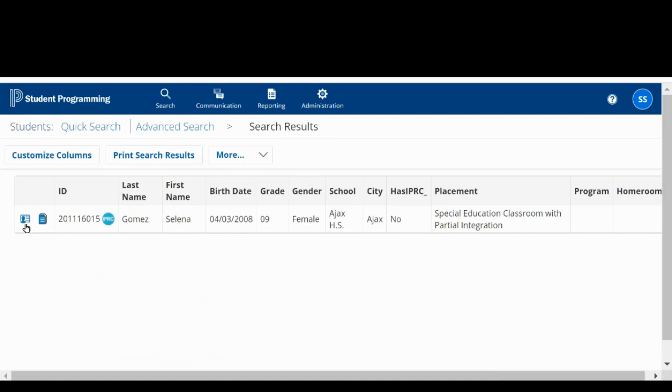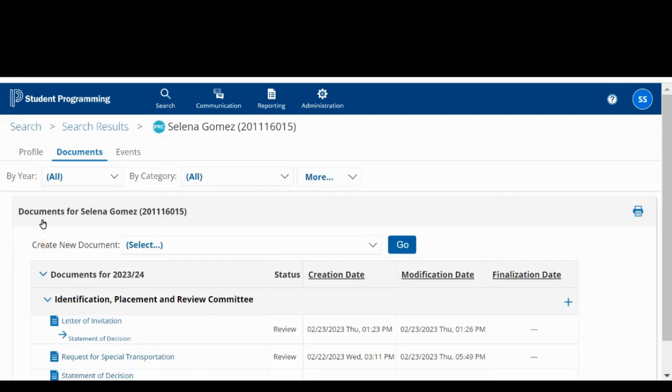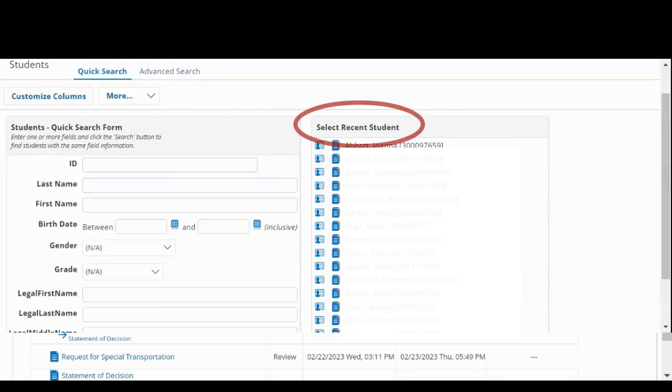In the Search Student field, you can enter a student's last name, first name, or ID, and as you type, a list of students you have access to is filtered to refine your search. Next to the student's name, you can click the Profile, which is the contact card, to access the student's profile, or click the Documents icon to access the student's documents. Once accessed, the student's name will appear in the Students Recently Worked With section in the Quick Access panel.